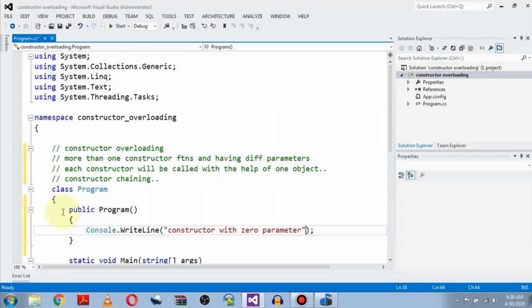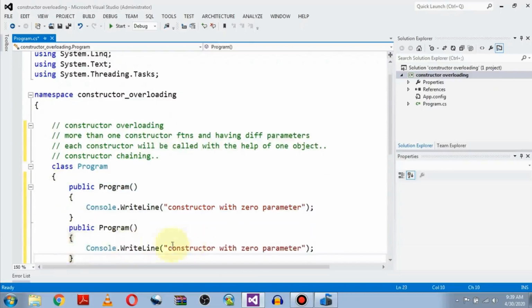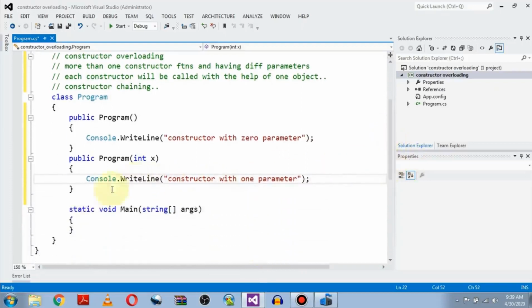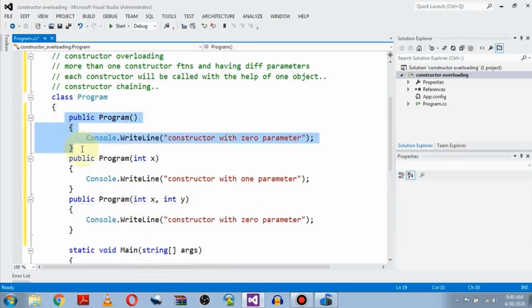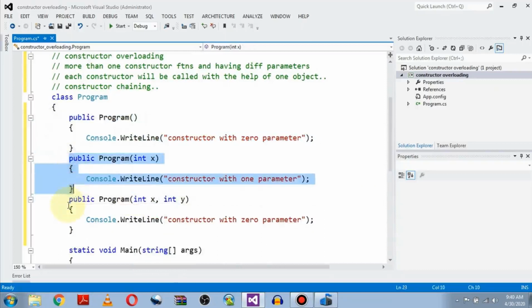So let's make a copy, Control C, Control V: constructor with one argument x. Then again copy and paste: constructor with two arguments. So constructor with 0 arguments, constructor with one argument and two arguments.